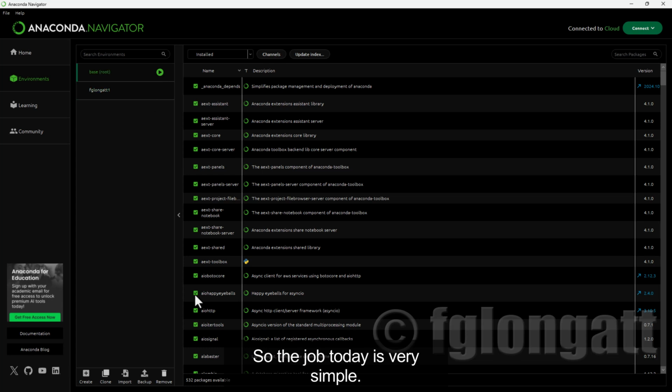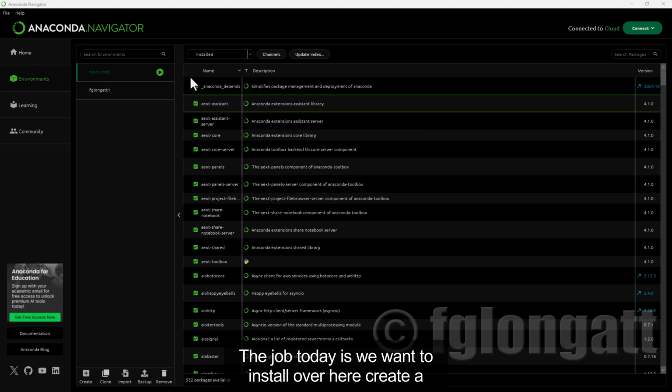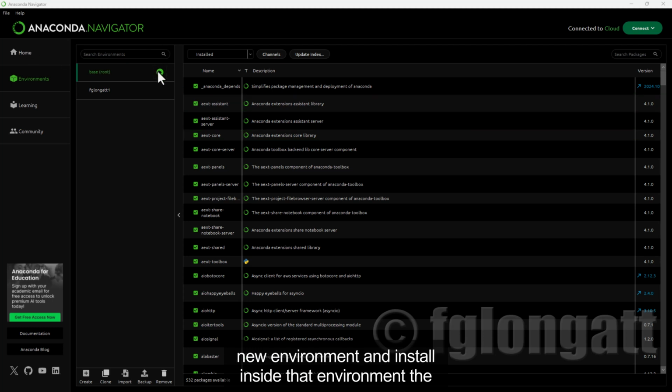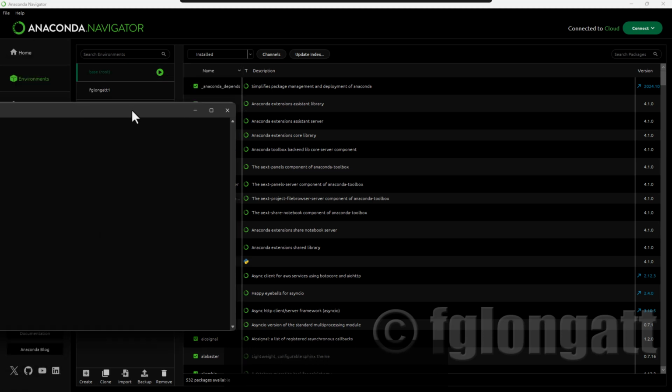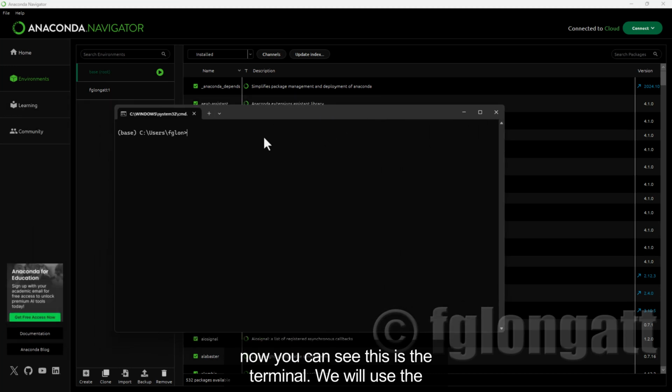So the job today is very simple. We want to create a new environment and install inside that environment the amazing TensorFlow. So let's open the terminal over here. Right now you can see this is the terminal. We will use the following commands. Conda, you must remember,